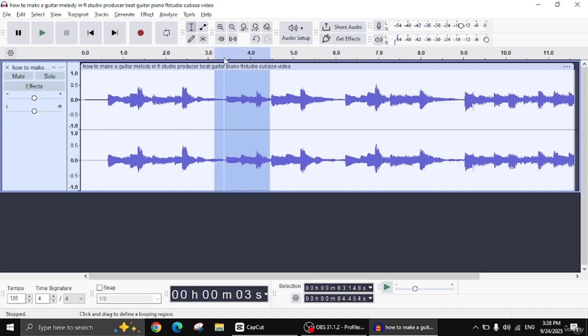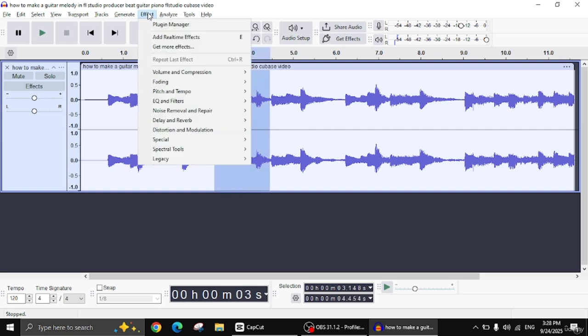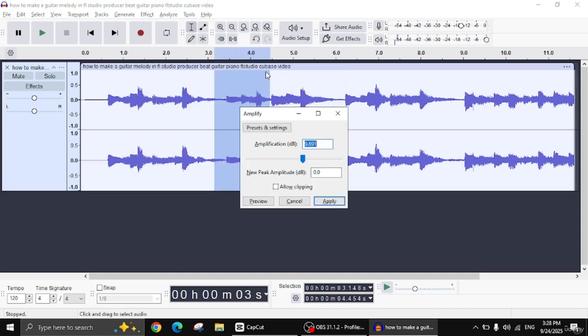Now I'm going to click on the Effect option here. Then I'm going to click on Volume and Compression. Then you can see that an Amplify option has appeared. Now I'm going to click on that. As you can see, our amplification is always measured in decibels. So here we have the decibel sign. If I drag it to zero here,